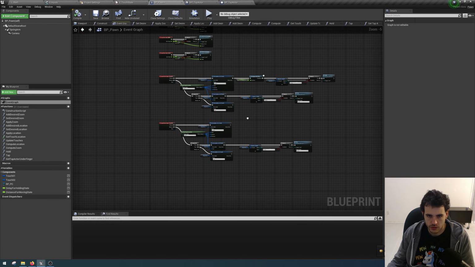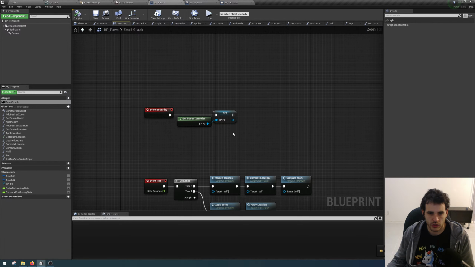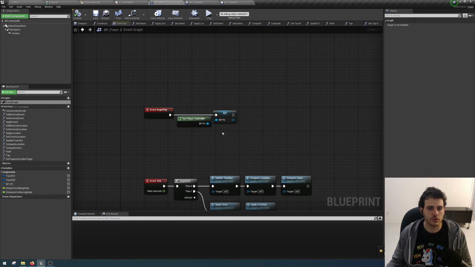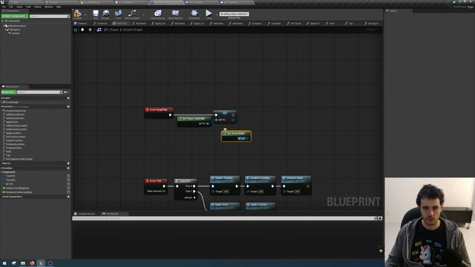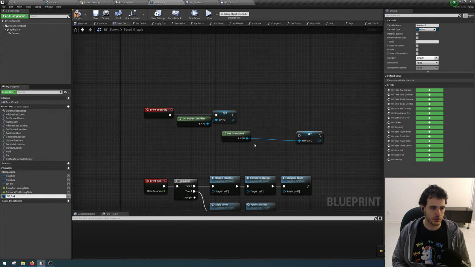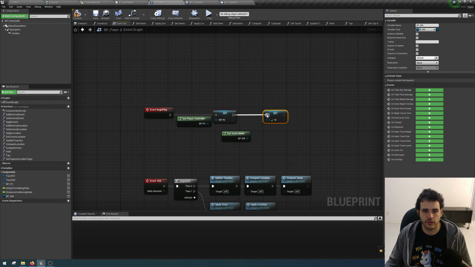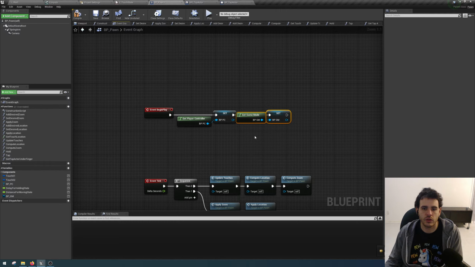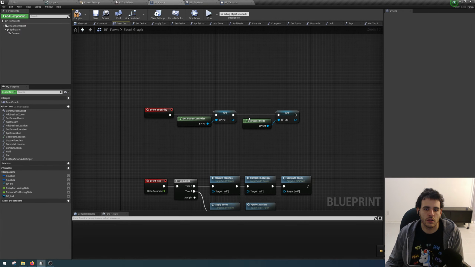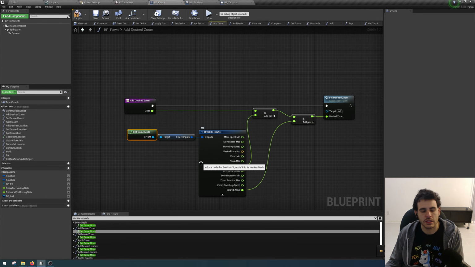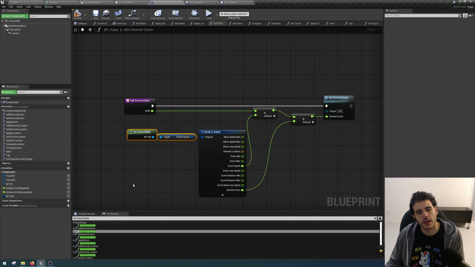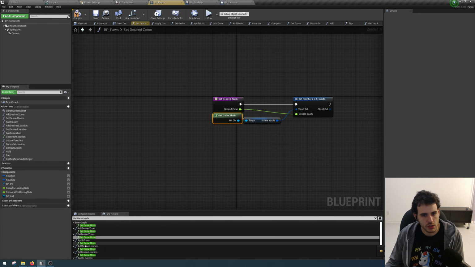Now maybe I should take a bit of time to clean up while it's packaging. So get game mode. This one. Put it in a variable so I don't have to cast it every time I need it. And then I'm just gonna put it somewhere. Used it a bunch of times, in a bunch of places. About the inputs, maybe we wanna